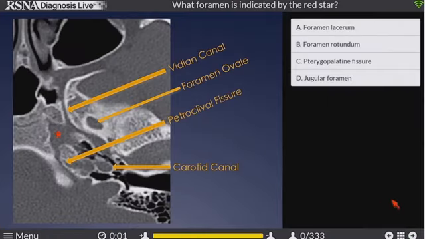It is so hard. All right, another touch question. What foramen is indicated by the red star? I'll just ask you to remember what we've talked about. And while you're looking around here, just a nice depiction of the Vidian canal, foramen ovale. We can see spinosum partially covered by my arrow. There's the petroclival fissure for some help, and the carotid canal posterolaterally.